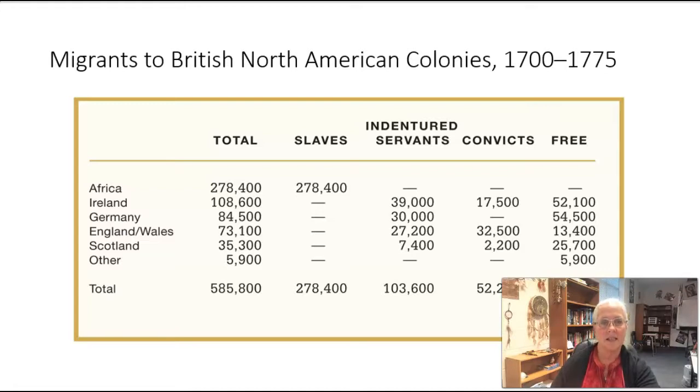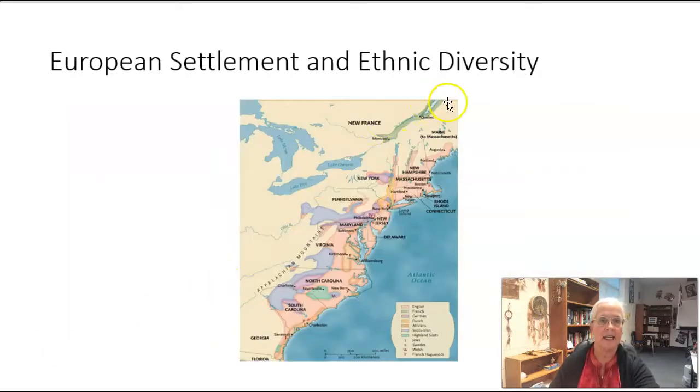And so as the colonies start developing, then you can see how the diversity is going to increase the number of settlers, the different ethnicities of the settlers. I want to show you this next map, and it shows you the breakdown of ethnic diversity along the 13 colonies. And if you look at the graph, the legend here, you can see that there are lots of different groups that have settled along all the English colonies, not just people from London area.